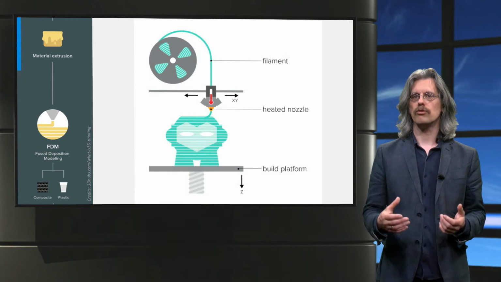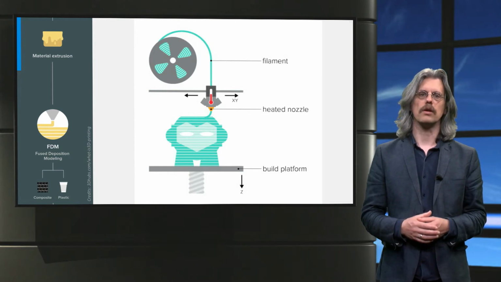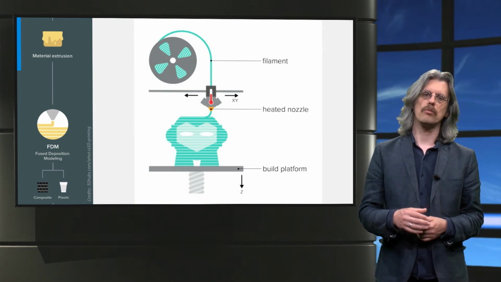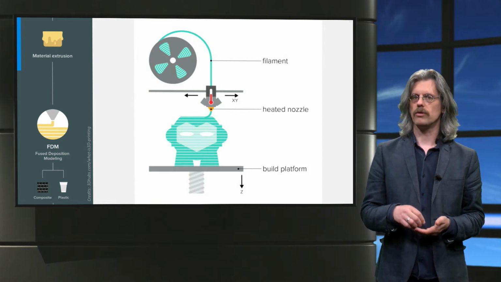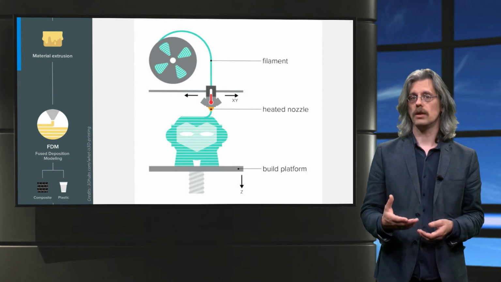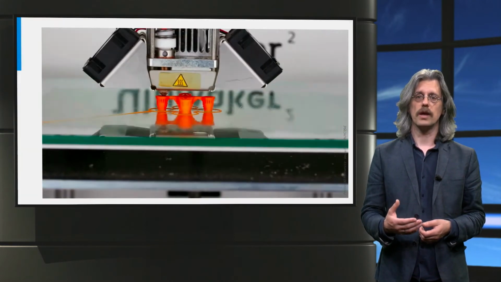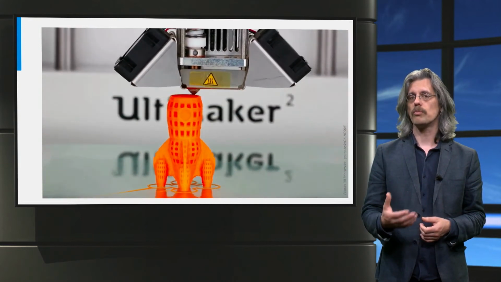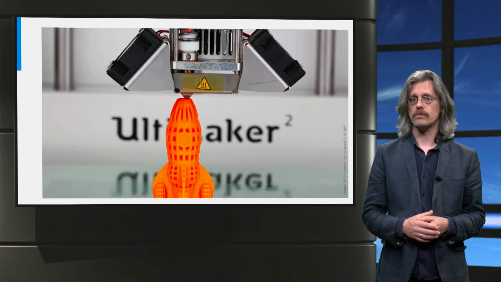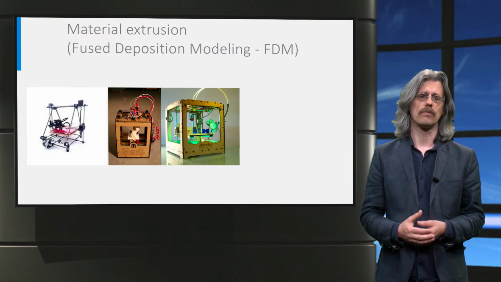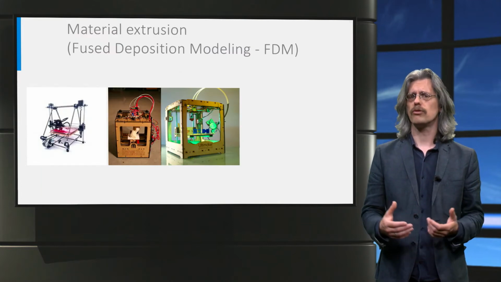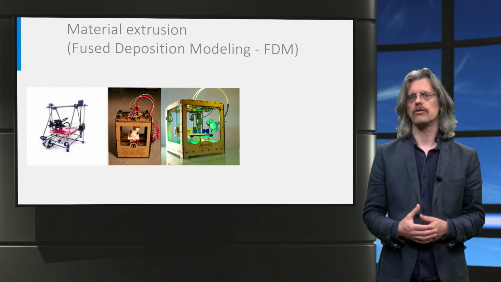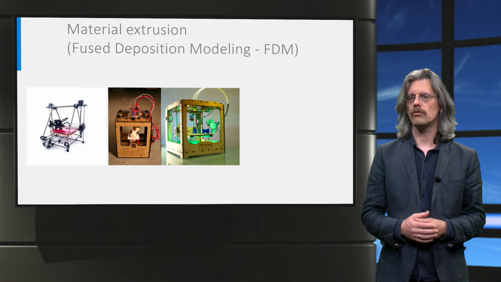In material extrusion, a heated nozzle melts and extrudes a material. The nozzle moves over the build platform to build a layer with the extruded material. And once a layer is ready, the nozzle continues with the next layer on top of the previous one. Some models require a support structure to be printed for overhanging structures. And because the process is relatively simple, it has become a popular choice for home-built systems and low-end additive manufacturing machines.